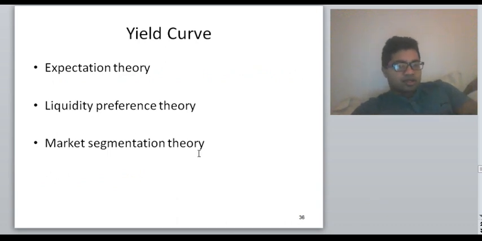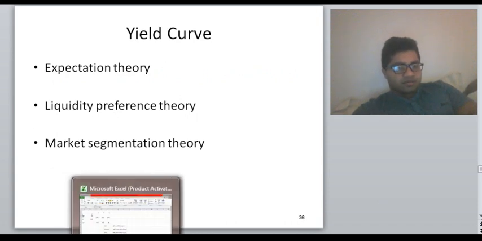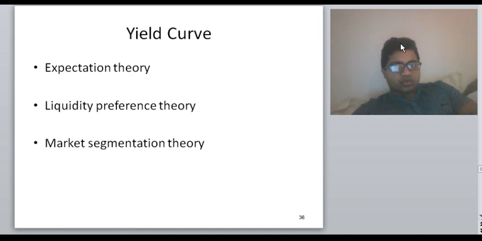Now this is important, the yield curve. So what is a yield curve? The yield curve is a graph. So I'll show it to you on